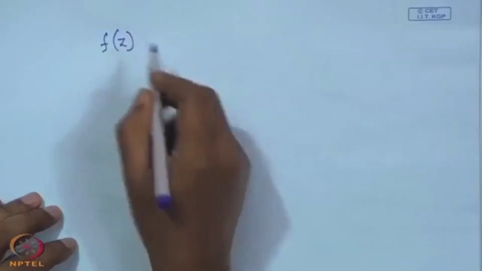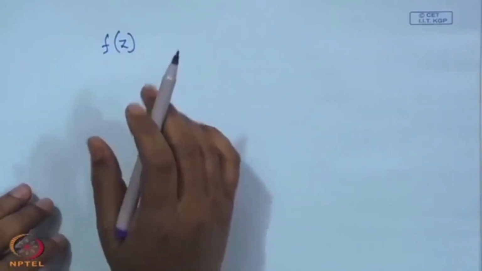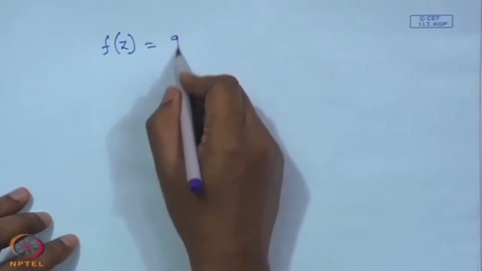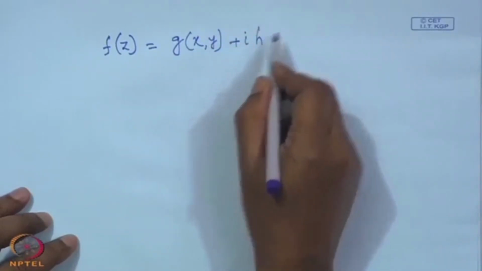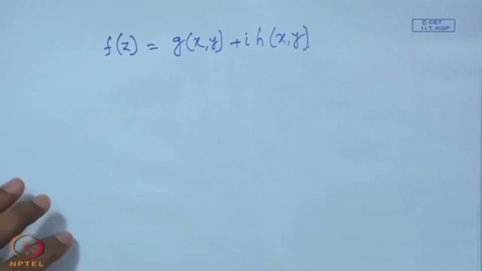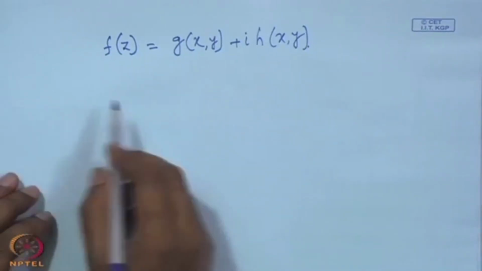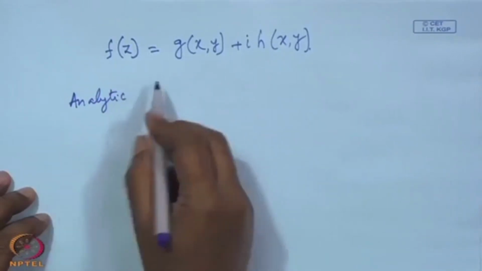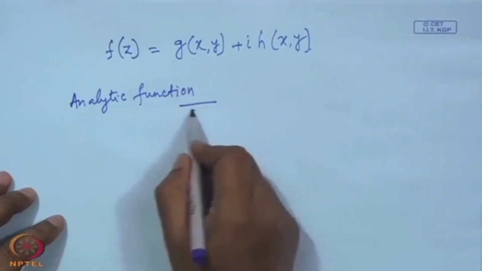See, f of z, like z, has two parts, real and imaginary. Similarly, this function also has two parts, a real part and an imaginary part. Let us say this is g x y plus i h x y. Then that analytic function implies your